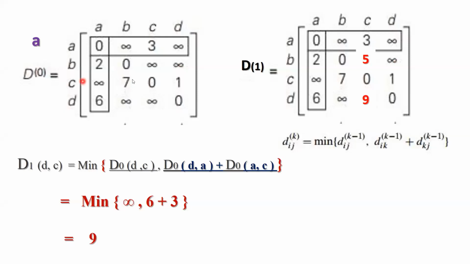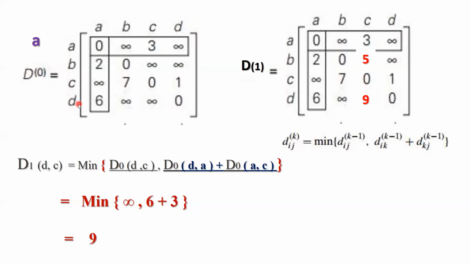Okay, we shall check C to B. So C to B is 7. We shall check whether a better path exists. C to B with considering A as intermediate vertex, C to A to B. C to A it is infinity. A to C it is 3, infinity plus 3, it is more than 7. So hence 7 I retain as it is, 0 diagonal as it is, 1 it is already minimum as it is. Correct? So we shall proceed by calculating, or checking, each and every element like that.